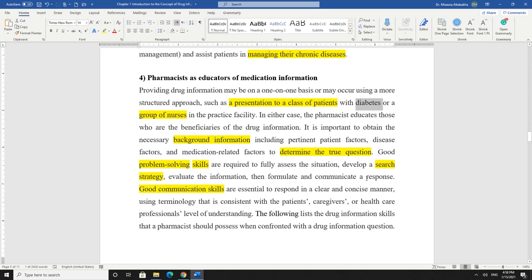Also, I can educate them about any question they ask. If they ask me a question, or I receive many questions of a certain type, I can in this case educate them about that. But in any case, and you will learn this later, if you receive a question you should get background information. Someone asks, for example, does cinnamon reduce blood glucose level? Then just because they asked me, do I go and search? No, I have to get who the patient is, whether they visited the doctor, what their blood glucose level is, etc.